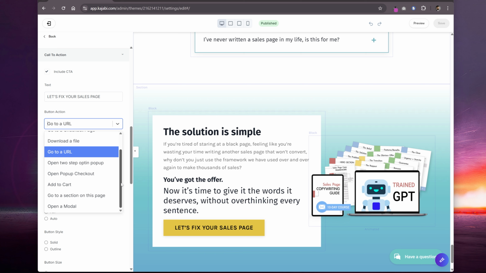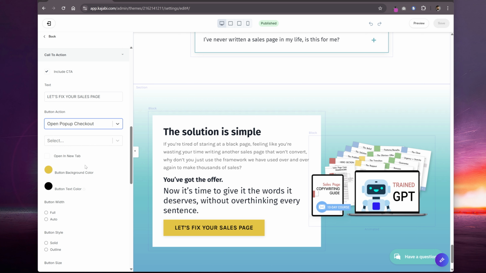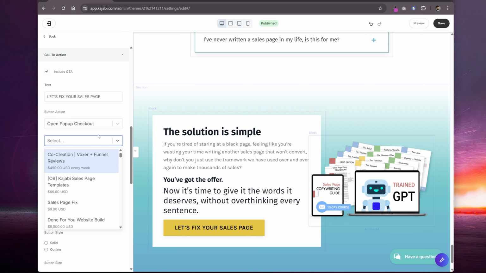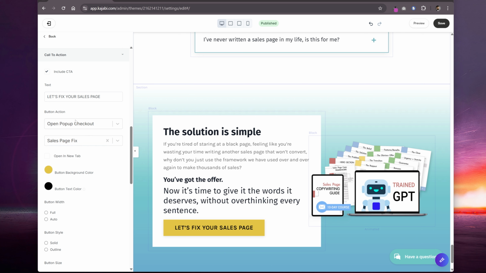The one thing that is fairly new in Kajabi is the pop-up checkout, which initially was my go-to option, but then I checked how it looked and I wasn't quite convinced. I'm going to show you what it looks like. If you select the pop-up option and then go for the actual offer that you want to sell, that's it. It's super simple to set it up. That's it. It's done. If I save and preview it,